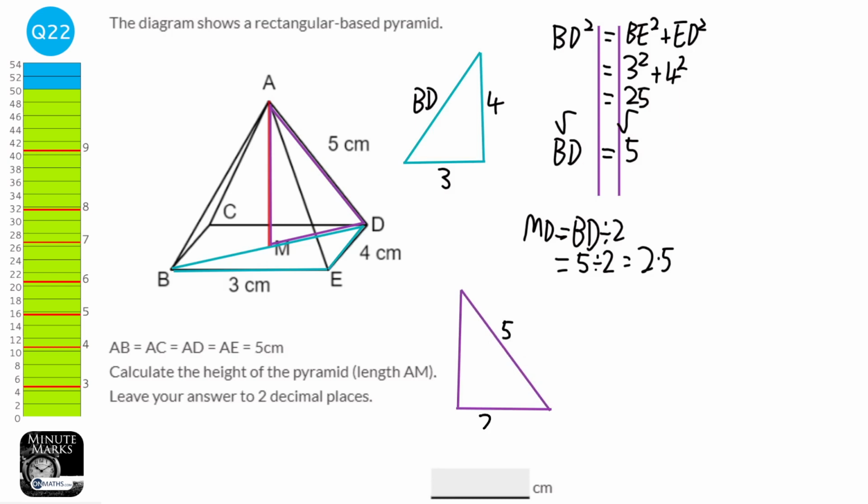We know the bottom bit is 2.5, and we're looking for the length AM. So another bit of Pythagoras here. So AM squared is going to equal AD squared, take away MD squared,